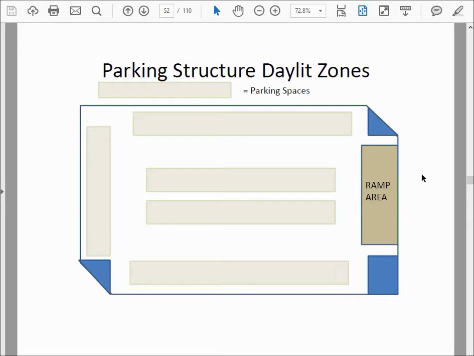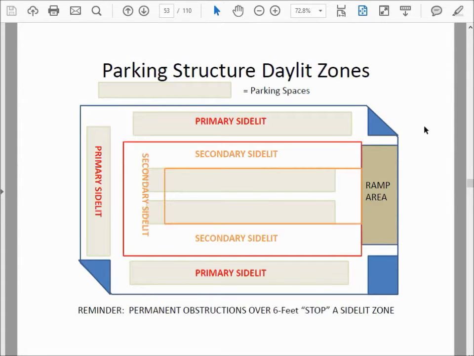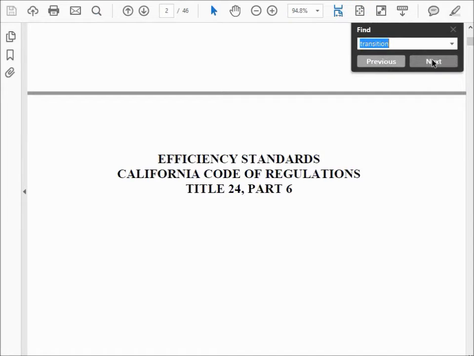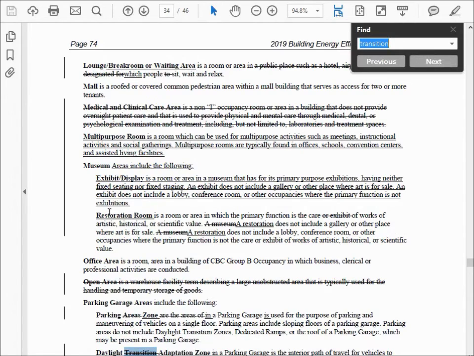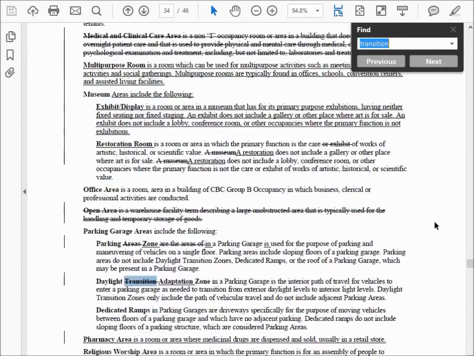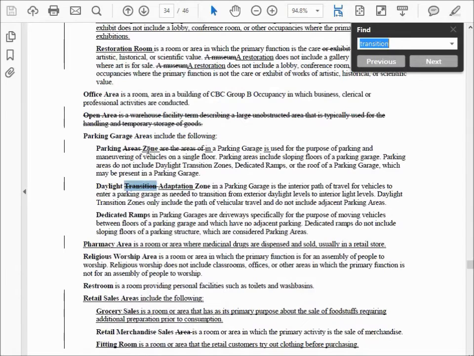Now, by the way, this is important because if you look at daylighting for parking structures, it's required for the parking areas. All right? And there's a definition of parking area still. This is the nice part of having downloaded this onto your hard drive, is that you can just search these PDF documents once you have them down there.